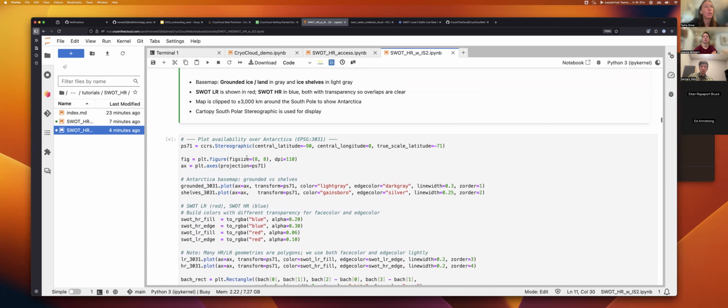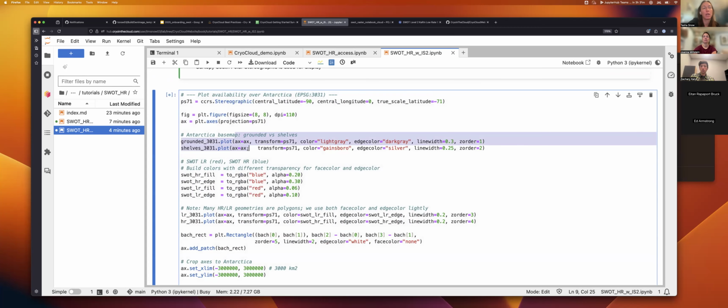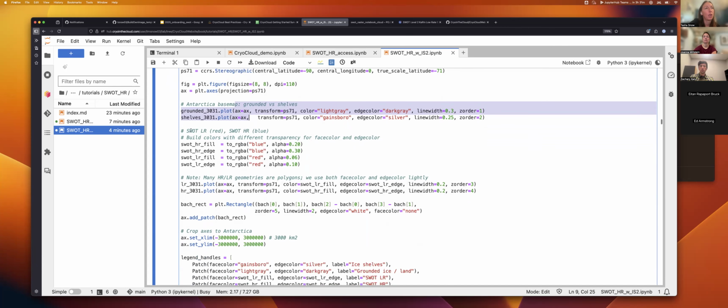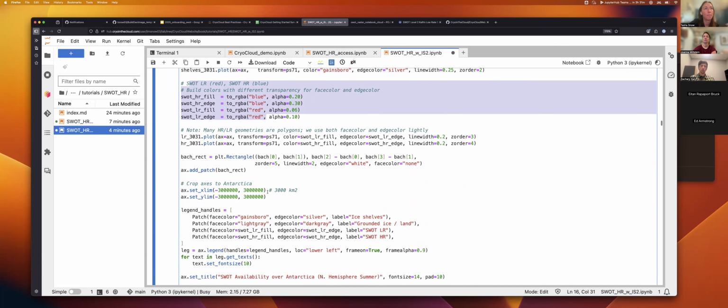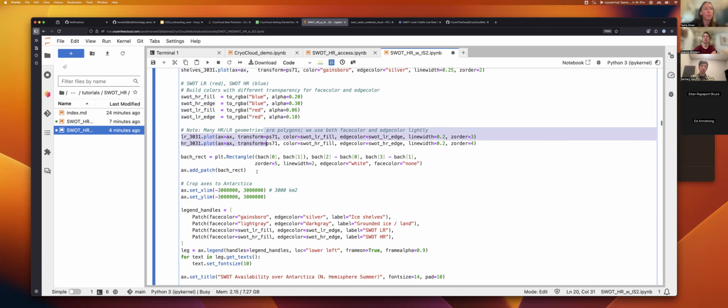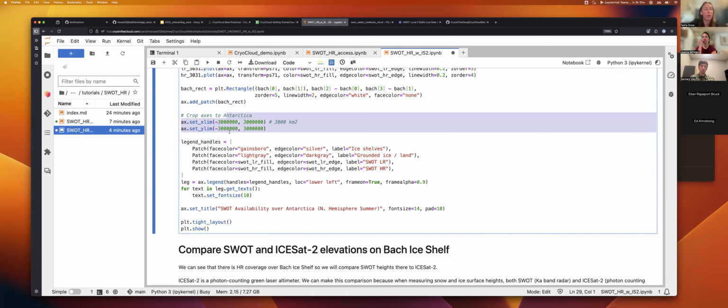And so in the mapping, this is where we put the grounded ice and the ice shelves. One's in dark gray and one's in light gray. And we've chosen different colors: blue is LR, red is HR, or sorry, reversed. Blue is HR, red is LR. And we have some transparency just to make it nice. You don't really have to do this. And we've plotted those. And then we've added the Bach ice shelf and crop that down to 3,000